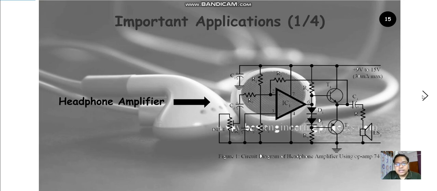If you talk quickly about important applications, the headphone amplifier is very important. We can use this headphone amplifier. The circuit diagram is there. You all can perform it at home or in the laboratory, getting these very basic experimental particulars: the IC741, then different ranges of the amplifiers, transistors and an RLC circuit. This is a very basic one.